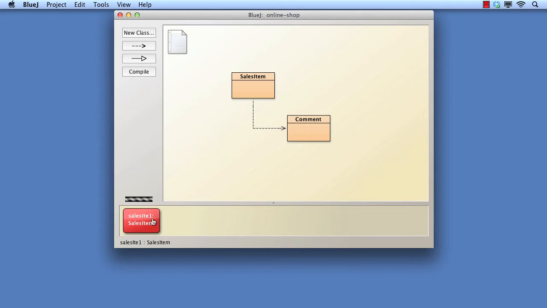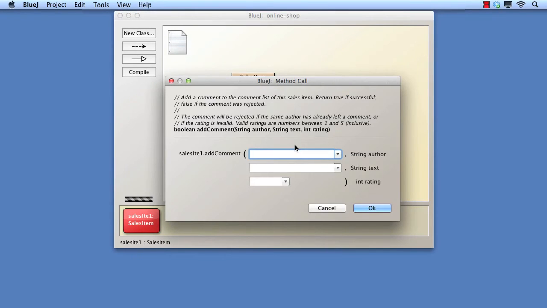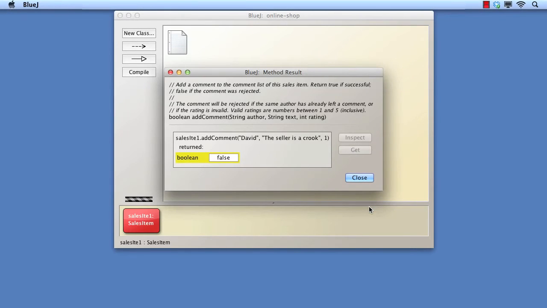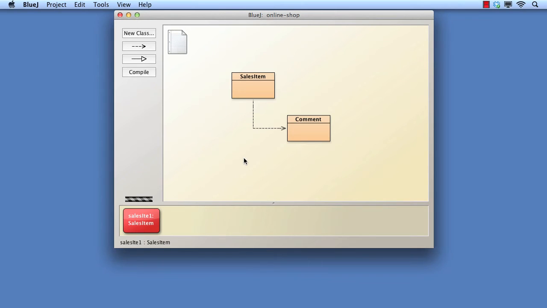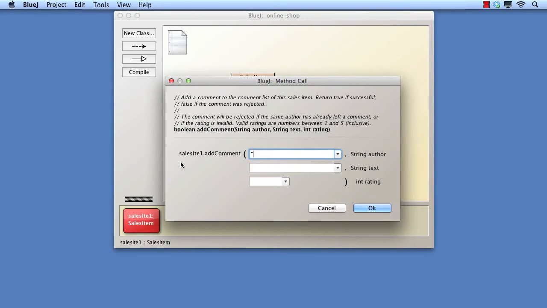Let's try some examples. A negative test. Adding a second comment by the same person. A positive test. Add the same comment but use a different name.